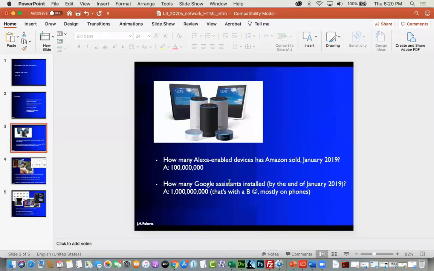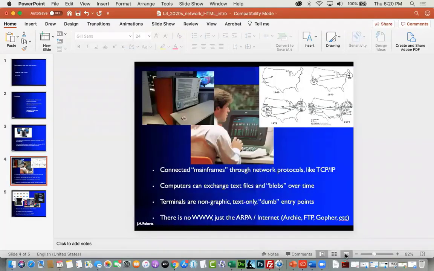Oh, I've got trivia for you too. But you can see this now. How many Alexa-enabled devices has Amazon sold since January in 2019? And the answer is 100 million. And how many Google Assistants are installed by the end of January 19? That's 1 billion, right? So that's already way out of date. That's a year out of date. But that's how many voice-enabled devices there are. Now we're going to go back to the beginning of the information age,